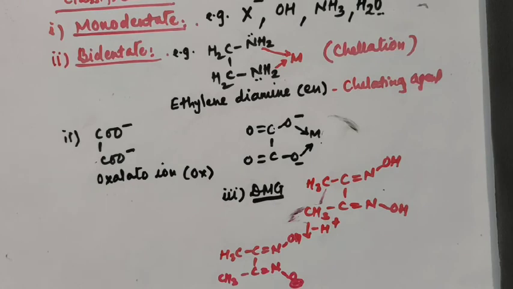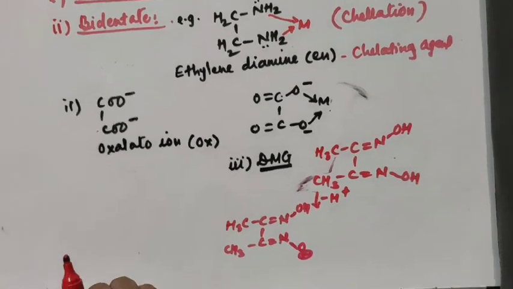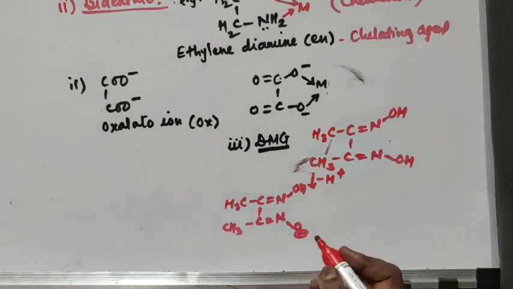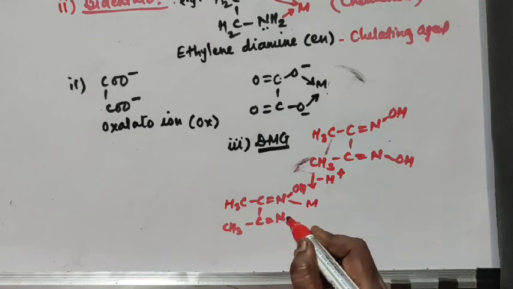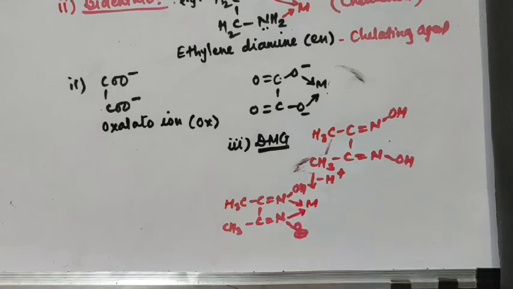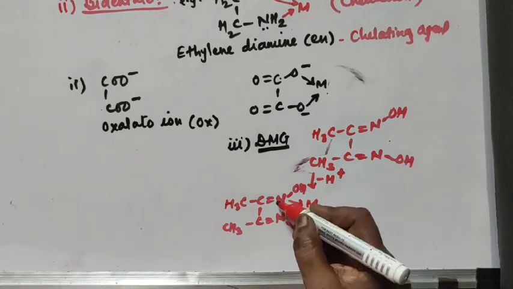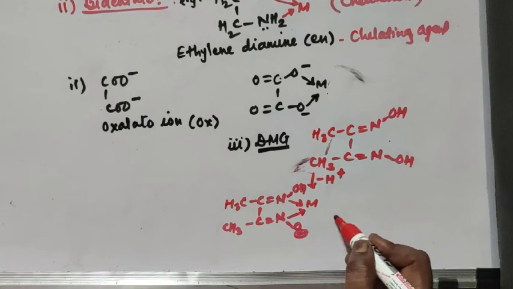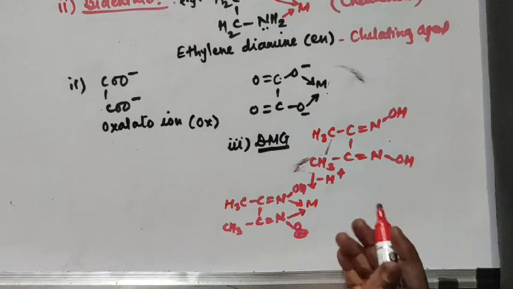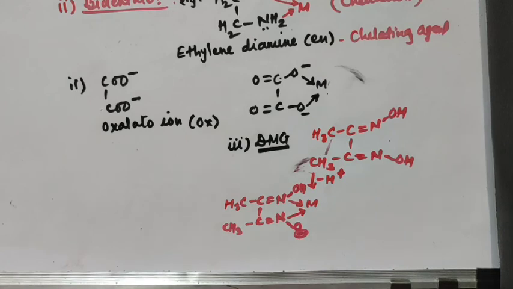Hydrogen atom is removed from the compound, and there is a formation of an anion here. Actually, the nitrogen atom donates a pair of electrons for the bond formation to the metal atom. So these are also didentate or bidentate ligands. This oxygen can attach with another molecule. It can form a hydrogen bond with another molecule of DMG, and there is a formation of one more ring when it reacts with nickel. I am talking about the confirmatory test of nickel, and there is a formation of a rosy red or blood red precipitate there.